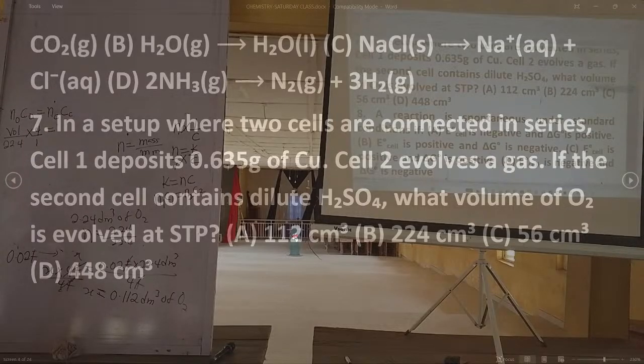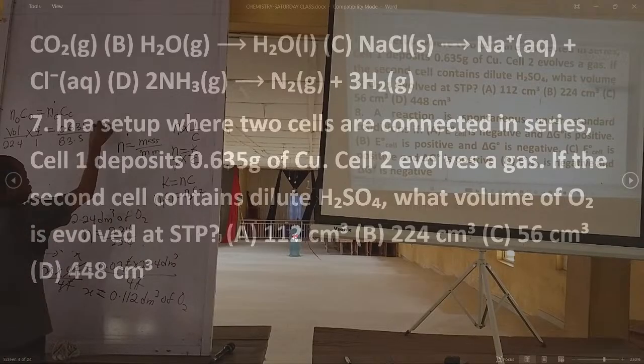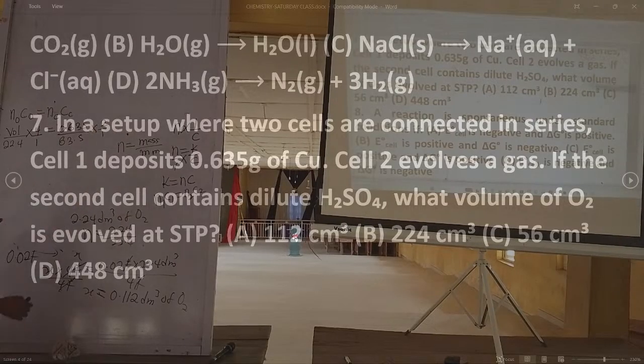Copper is a metal, and the number of moles of a metal is mass over molar mass. The mass of copper deposited is already given as 0.635, and the molar mass of copper is 63.5, times the charge on copper. We all know that copper is a divalent element, that is 2. That's going to be 2 all over 1. So here, if I represent this volume by x for convenience, 4 times x gives us 4x